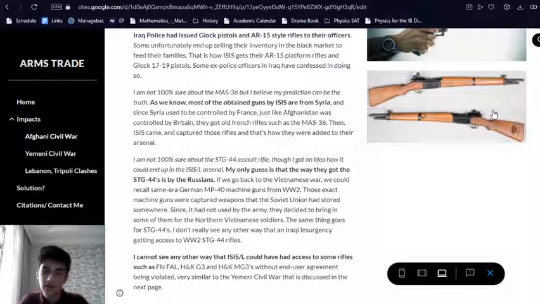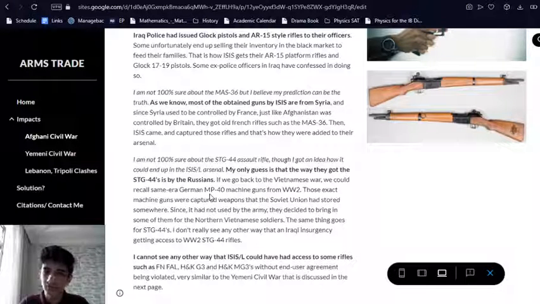This is a French World War II era rifle. The why ISIS got them is explained in this paragraph. Also the same thing for the StG 44, it's a German World War II era battle rifle. The same thing for